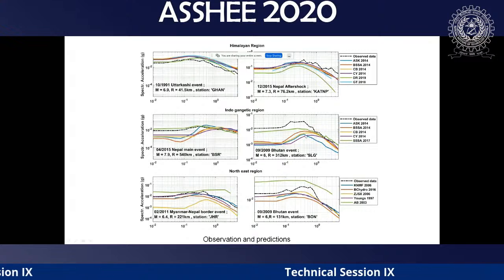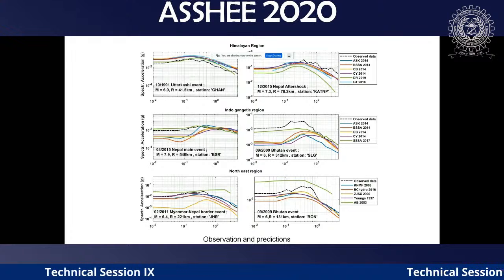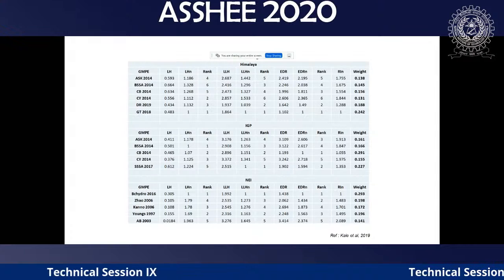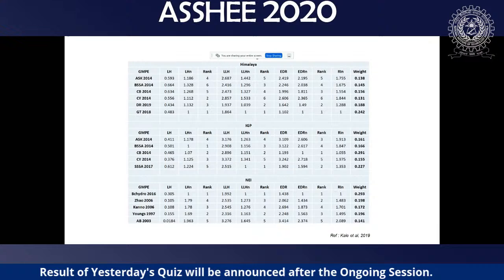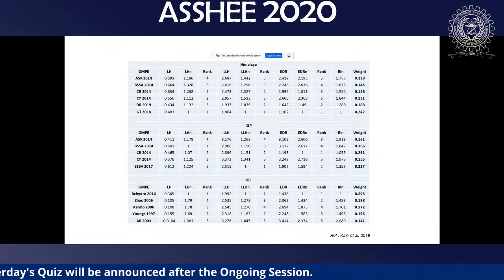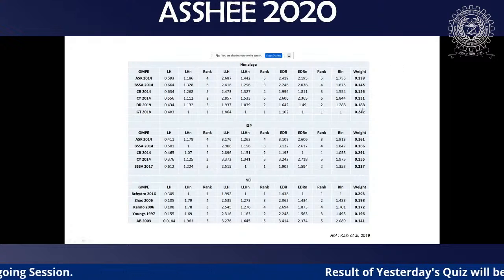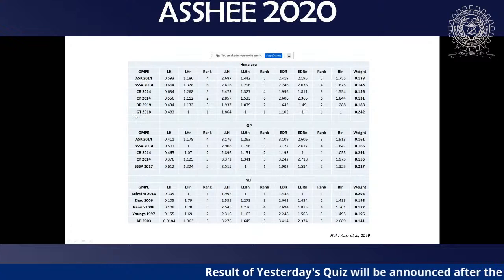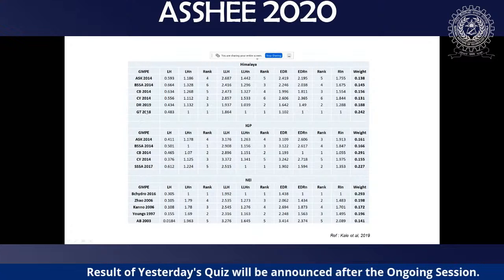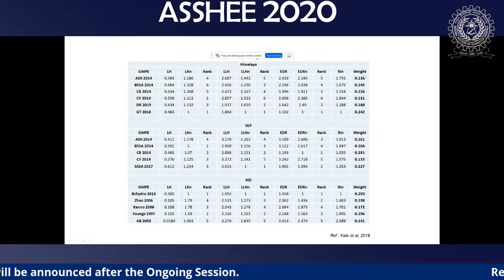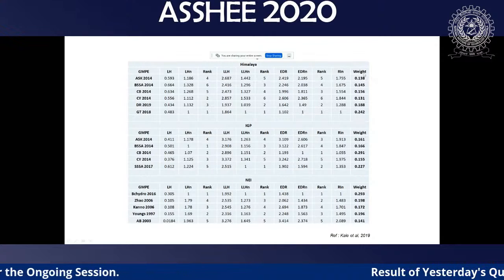So we computed for a variety of conditions, and did the likelihood and residuals. Finally, we computed the likelihood, then the ranking of these GMPEs when compared with the data, and then log likelihood and Euclidean distance. Recently there is a publication which says you should rank the GMPEs based on all three, and then we can find the weights. In the Himalayan region set, these are the weights, and this is 0.242. This is the equation locally developed with the data, Gupta and Trifunac's equation, and this is our own equation, at 0.188. Similarly we have obtained weights for the other international equations from similar tectonic regions.